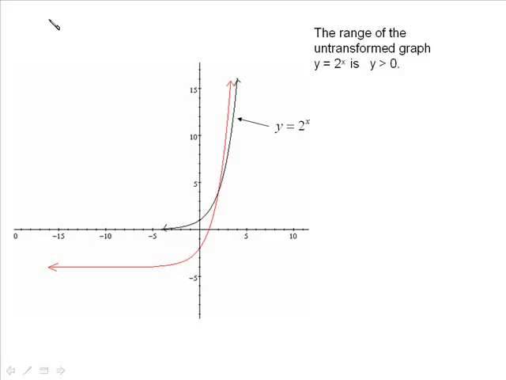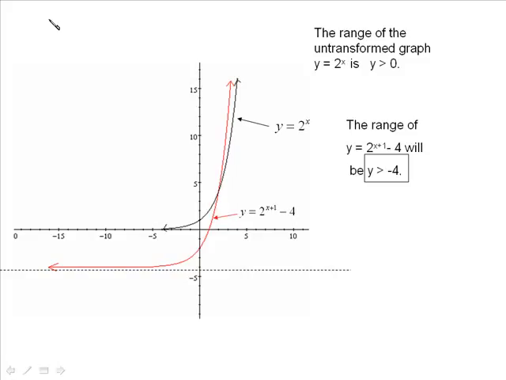And then when you do the transformation, 1 to the left and then 4 down, the new range is going to be y greater than negative 4. So if you look at the diagram, you get sort of a rough look at it. I dotted in y equals negative 4. The idea being that the graph has been moved down 4 units, so the horizontal asymptote has also moved down